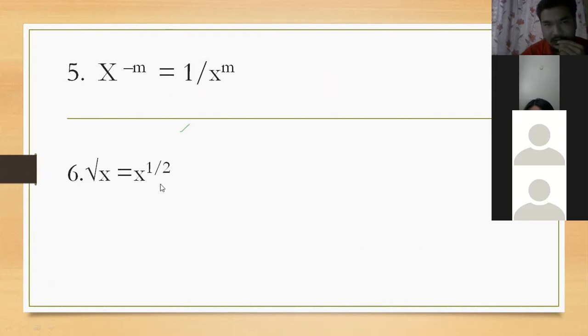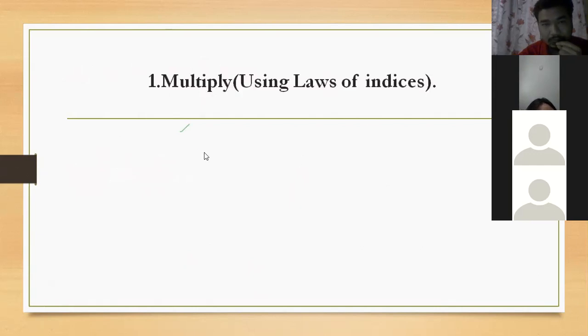Okay. And now look here. In this one, number 6, look at square root x. Its order is 2. That's why it comes below 1. Then the root cancels. The radical signs cancel there. Okay, children. Now I am moving to the next rule. I am moving to the exercise now.